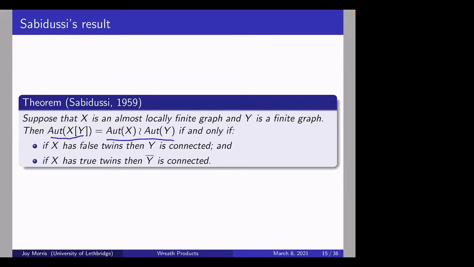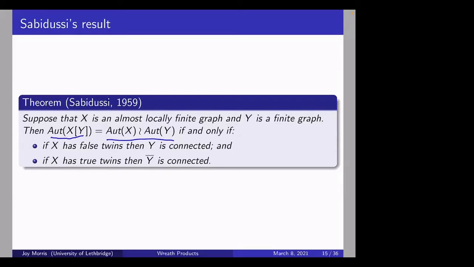And he was in a department that was heavily interested in topology. And he discovered pretty early in his career, apparently, that if he used G for graphs, then the topologists in his department weren't very interested in his results. But once he started calling them X's and Y's, then they sounded more like topological spaces, and they paid more attention to his talks. So in Sabidussi's work, X's and Y's are almost always graphs.